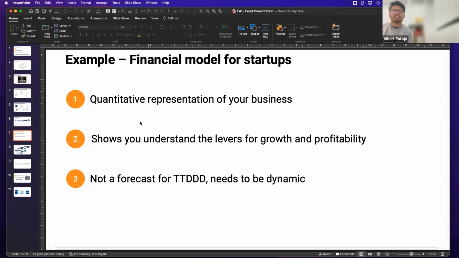If you're not going to shoot the lights out, what does your business look like? And so, when you build a financial model, it needs to be a representation of your business. So it needs to be very representative of how you grow. It needs to be quite detailed in terms of what those levers are. And then it needs to be dynamic. It needs to be flexible for someone to come in and take that model and play around with assumptions.